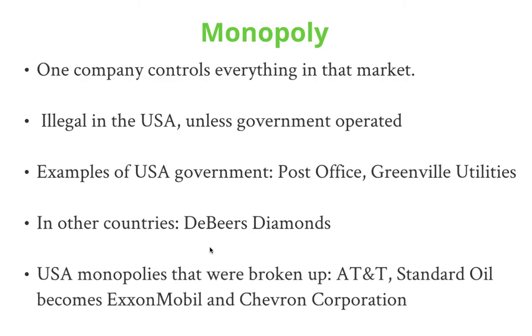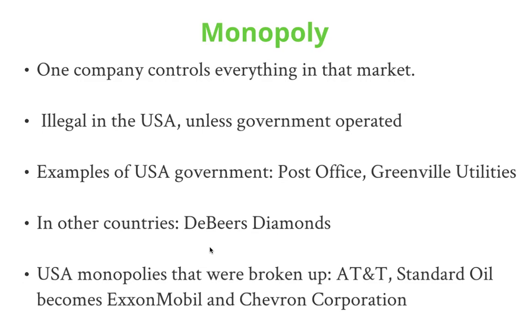Other countries, De Beers Diamonds was a monopoly, may still be a monopoly. USA monopolies that were broken up. Biggest example is Standard Oil. So Standard Oil, there are still companies today that spawn from Standard Oil, like Exxon and Chevron, and there's a lot more. But John D. Rockefeller, who was the richest person in American history, at least, I'm not going to say in world history, but in American history,